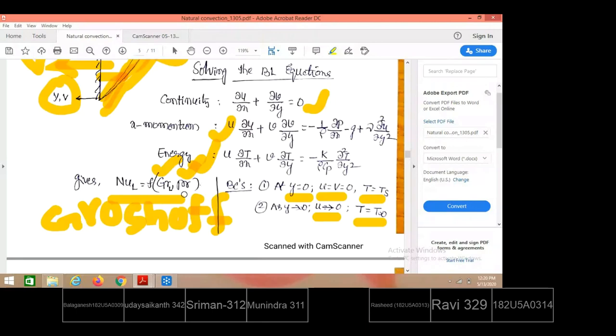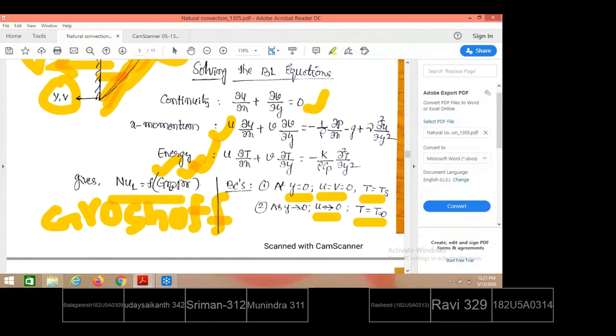The Reynolds number contains the velocity, so that plays a role. Here no velocity is there, so the Grashof number, which is a function of density difference, is used. Since density difference is the component responsible for the fluid momentum, this is the non-dimensional number obtained in terms of density difference. In the case of forced convection the Prandtl number is there, and in natural convection also the Prandtl number is there.